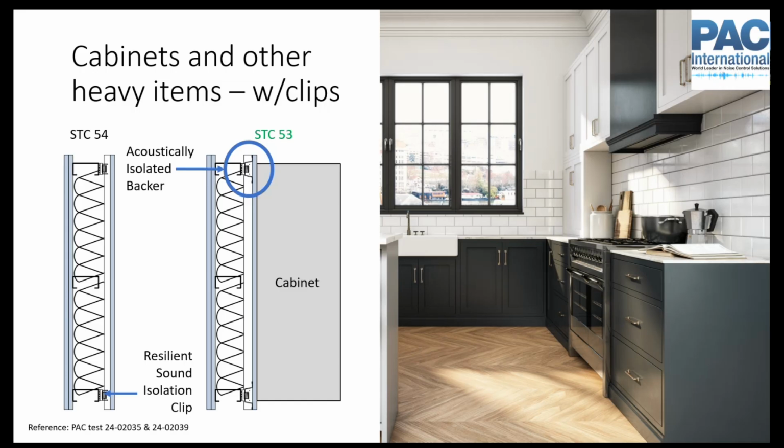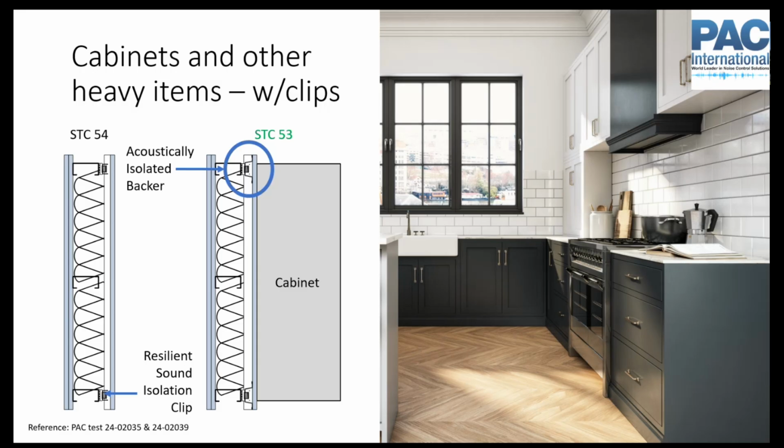And typically with sound isolation clips, the hat channel that you're using is a 25 gauge or like an 18 mil hat channel, which often isn't enough to really support the cabinets and take those screws well. So we need something more rigid to do that. So there's acoustically isolated backers specifically for use with sound isolation clips that give you a much more rigid structure. You can usually use like a steel track. You can use heavy gauge steel track that you can mount your cabinets to, but they still maintain your acoustic